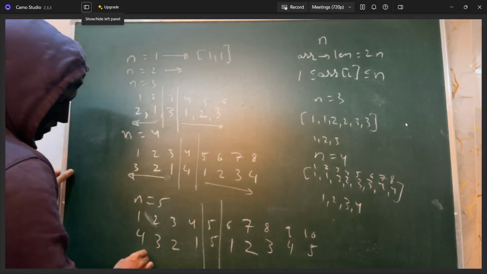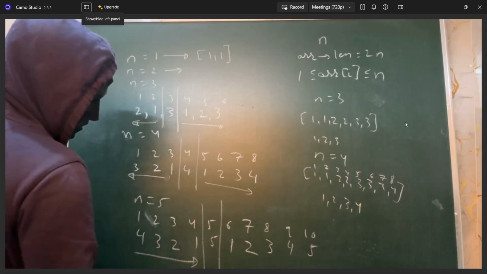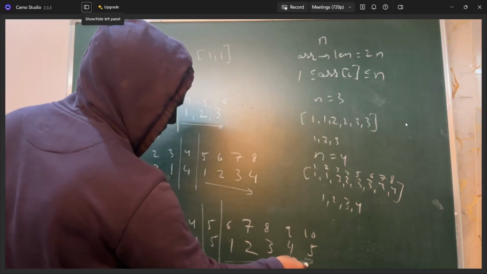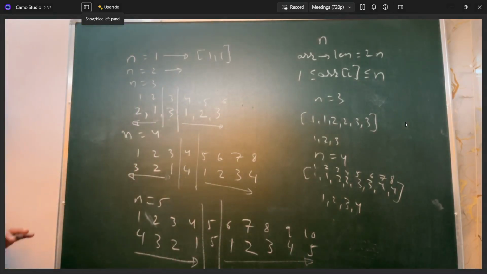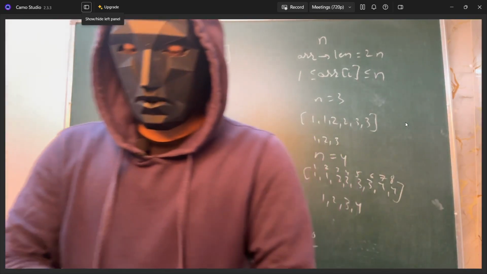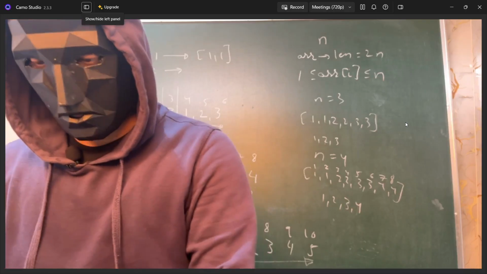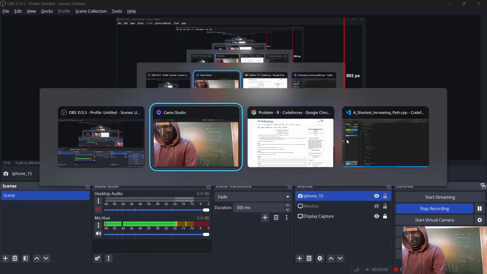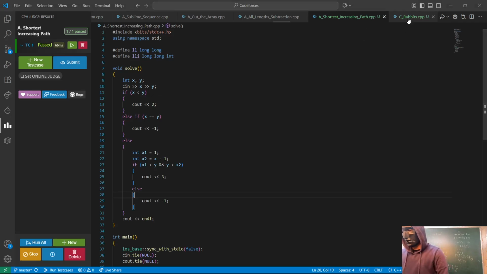Start with n minus 1 and print the elements till 1. Then print n. Then print the elements from 1 to n in increasing order. So I think you guys understood, this is a constructive algorithm. So in the contest, you'll have to try multiple ways and figure out how to solve. So yeah, let's try to